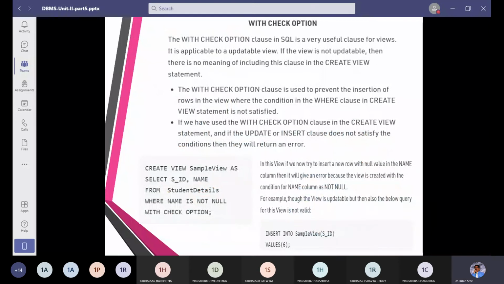Next one, how can I make a check operation, or how can we make an integrity constraint here? An integrity constraint is a constraint where we can use a check operation. So I can just show here where name is not null. Name should not be empty, right? So you pointed out this, right?